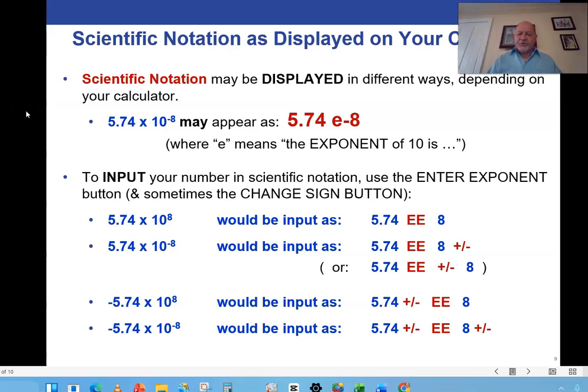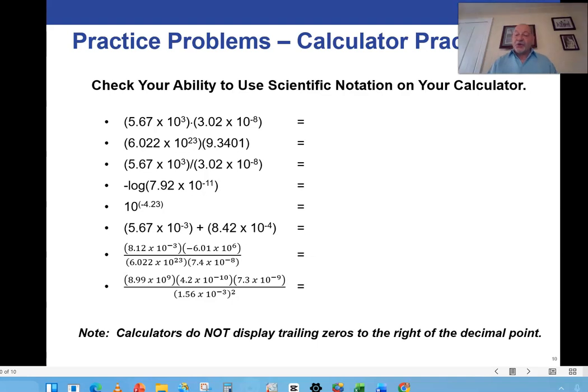Okay, now that you know how to input numbers and you know what they mean, using your calculator, go through each of these calculation problems and see if you get the right answer. First problem, 6.7 times 10 to the 3 times 3.02 times 10 to the minus 8. And you can pause the video here. The answer is